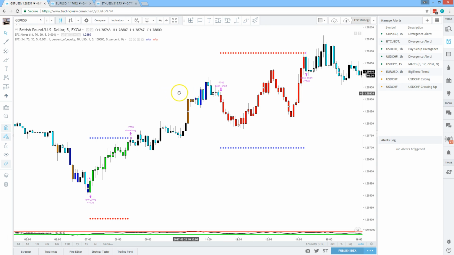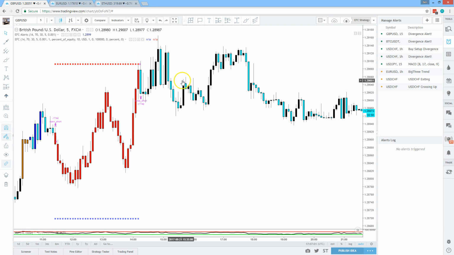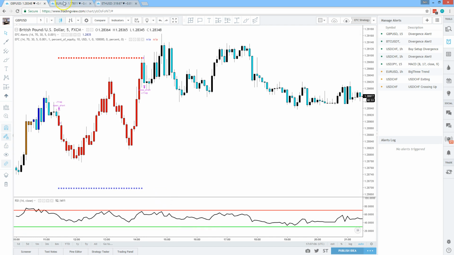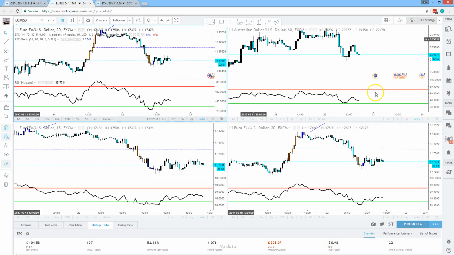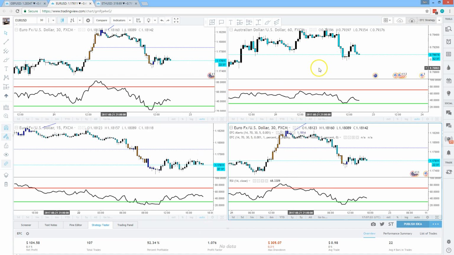So there's just a bunch of different things that you can do with TradingView. Another really nice feature, we can jump back to how nice TradingView is. I just set this up a couple minutes ago, and we got the Aussie dollar, Euro dollar. It's really neat how you can just customize everything. Now you would have to be pro, and I do recommend that if this all looks like